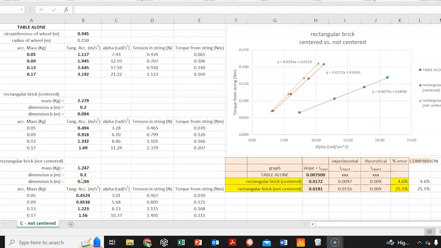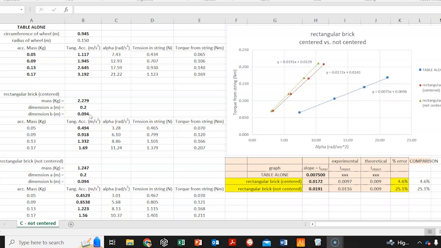Let's look now at conversion errors and rounding error. So here is my table for the brick, and I've put here for comparison these same numbers so that when I change something, you can compare what it was before. So I saw one lab group, here in the dimensions of the brick, you can see that my measured dimensions are 20 centimeters by 9.4 centimeters. So they